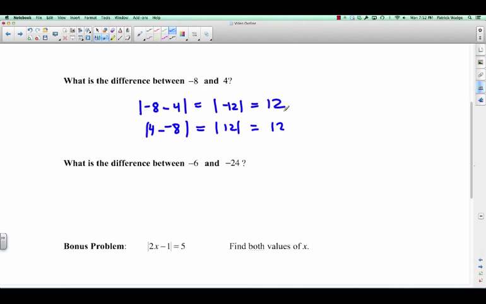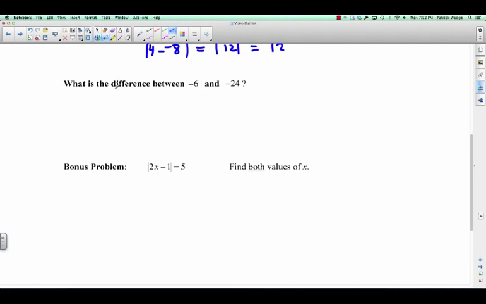Okay, I'll do one more of those just to show you. If I want to know the difference between negative 6 and negative 24, so for example, let's say the temperature went from negative 6 to negative 24, what's the difference in temperature? Of course, you don't have to do it this way, but one way you could do it is to say, okay, what's negative 6 take away negative 24, and since I'm just looking at the difference, I'll take the absolute value of it. That's equal to negative 6 plus 24, which is positive 18,